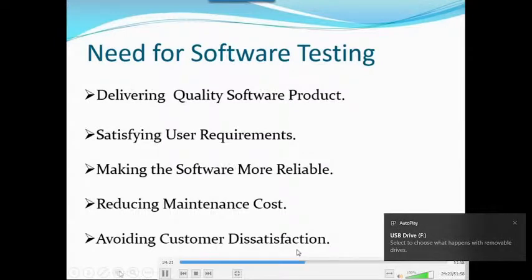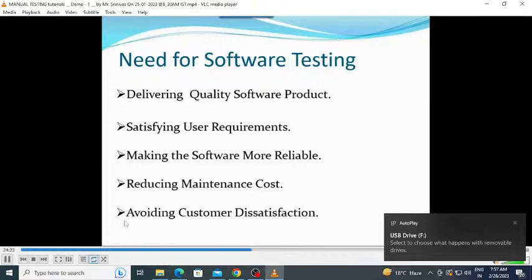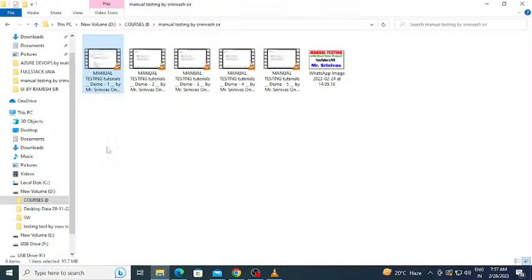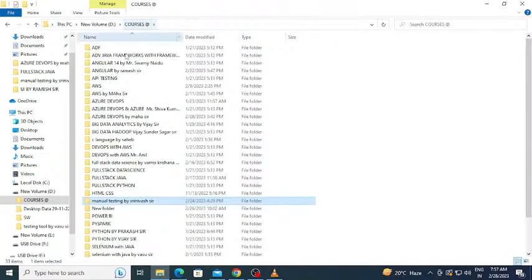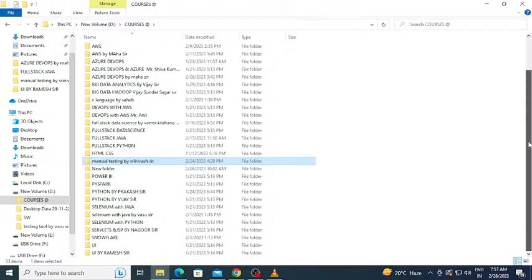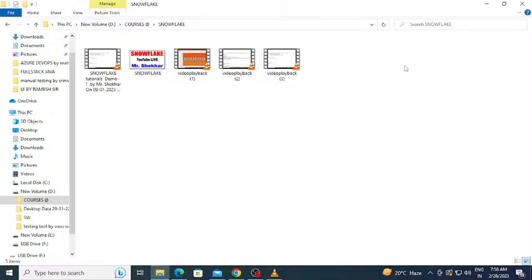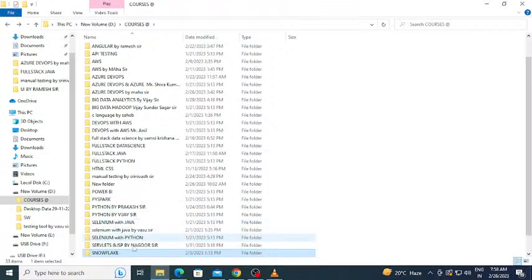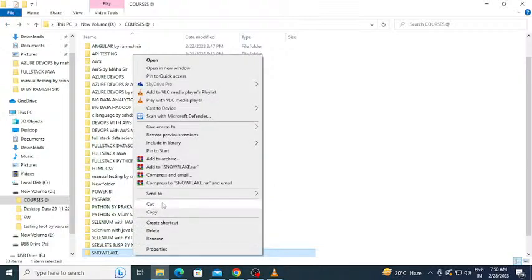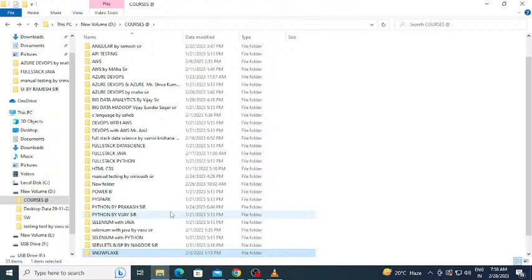Once the product launches in the market, the customer needs to be happy. Otherwise, if it has too many bugs and the customer is not able to access the application, there will be customer dissatisfaction. So you need to avoid that. Interview question: how will you get a quality product? By justification of all the requirements they provide. You need to fulfill all the requirements. In that case you will definitely get a quality product.